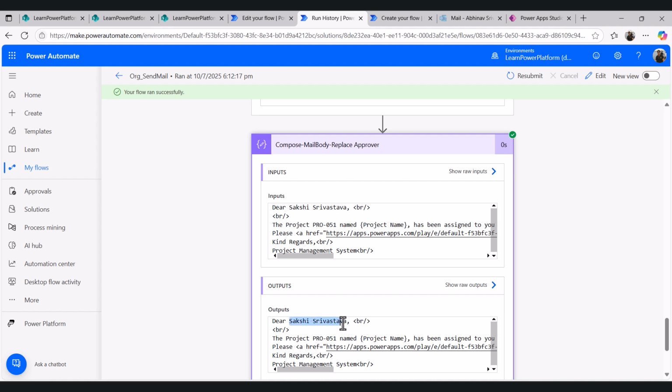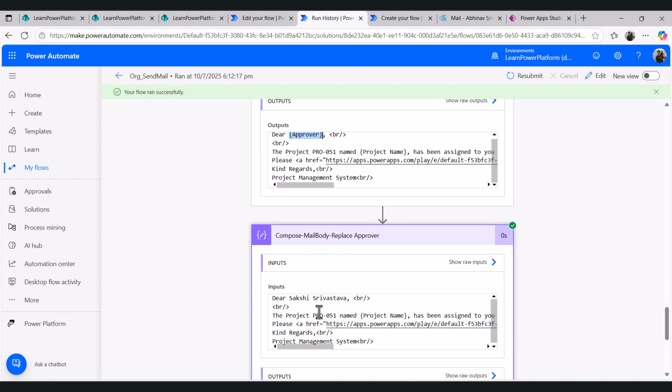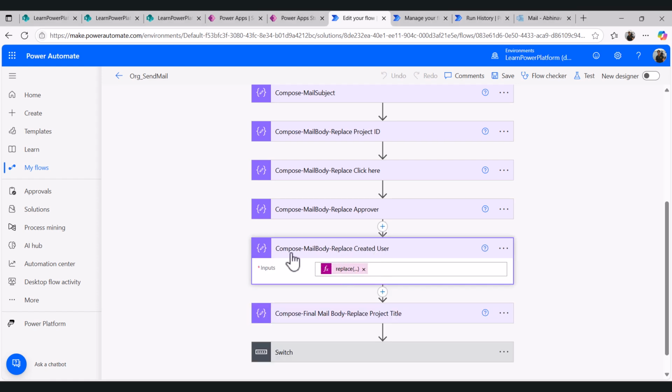Dear Sakshi Srivastava, right? In the above action, it is approver. Now in this action, it has been replaced with Sakshi Srivastava. Now we will move to the next action, that is created user. So in this created user, as you are seeing, this created user needs to be replaced by the actual